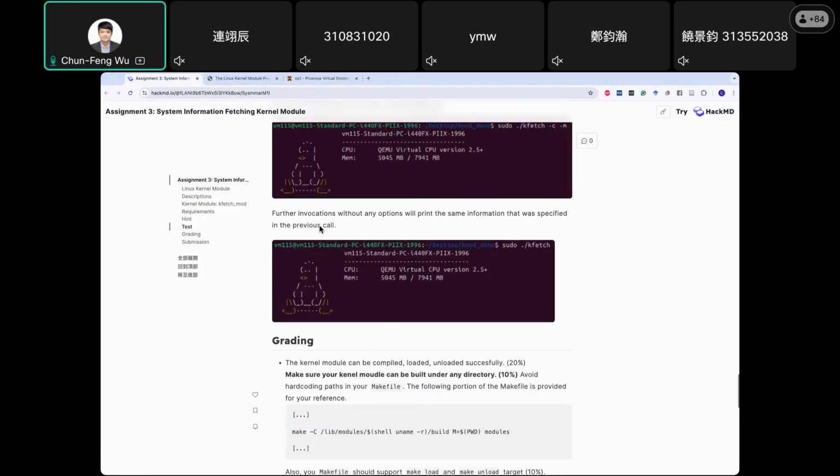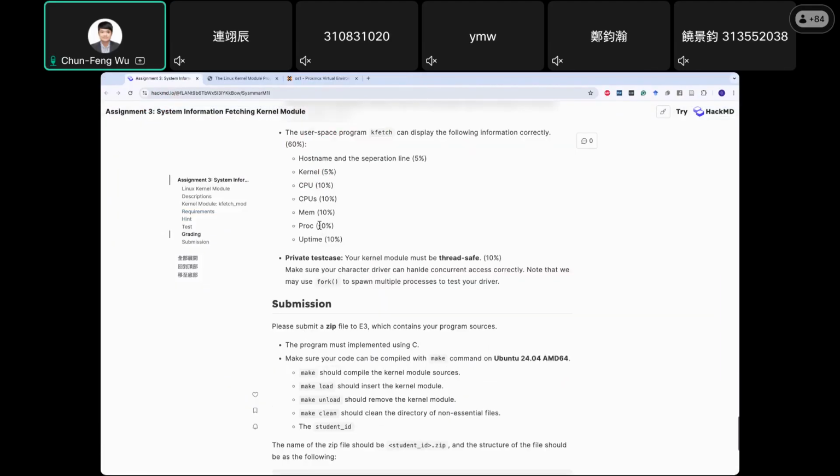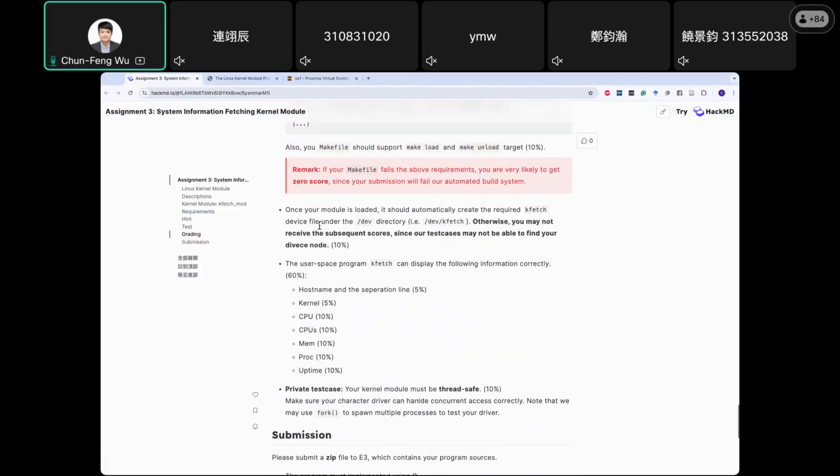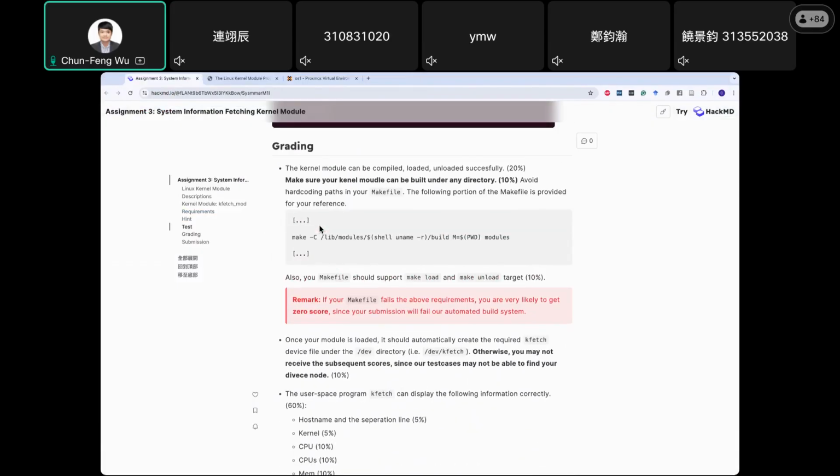Yeah, and that is mostly it. And for the grading part, you should absolutely make sure that your code can be built under any directory. If your code doesn't compile when we change the directory and it fails, you will very likely get a 0 score, because it shouldn't be dependent on where you put your directory. So here you should give some